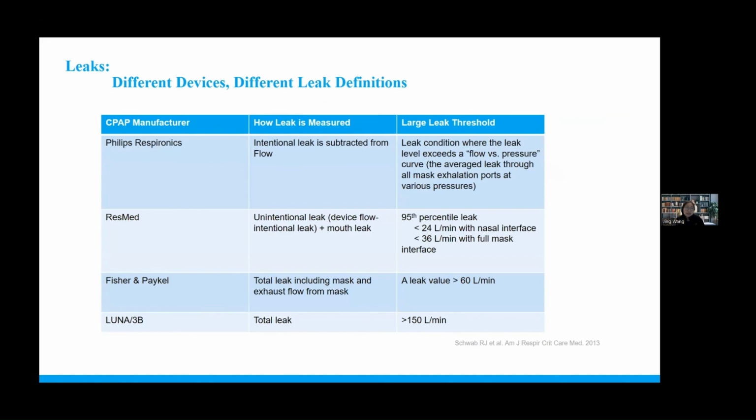I won't go into this in more detail, except to say that unfortunately, leak, which obviously can be a big issue and cause problems with adherence and tolerance of PAP in patients, is actually measured very differently depending on which brand of machine. So it's important to know which brand you're looking at, and to interpret that leak number specific to the brand of the machine. And in the leak, there's always an intended leak. The intended leak really depends on the type of mask the patient has. So I'll just leave it at this, but happy to go into more details offline.